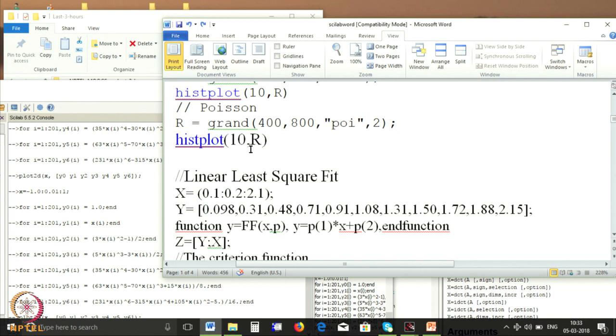Now what I want to do is execute a linear least square fit. This fitting is a very important operation. So, we will use the Scilab program to do the linear least square fit. Now look at these lines carefully. There are some 10 or 12 lines. You have to write them properly so that you can execute it.